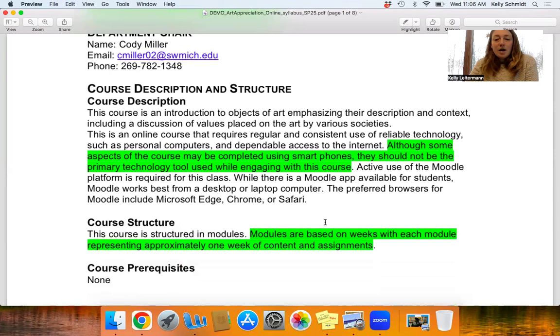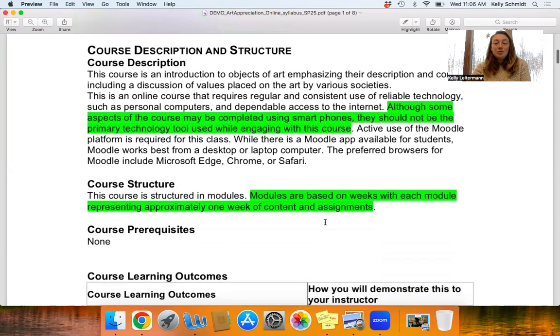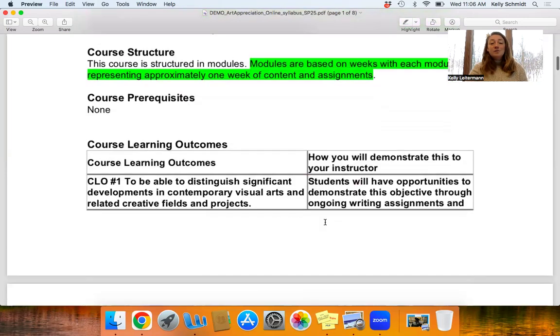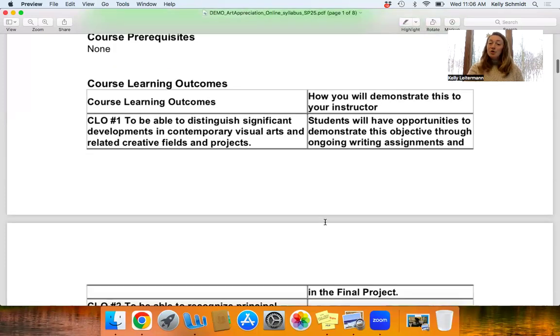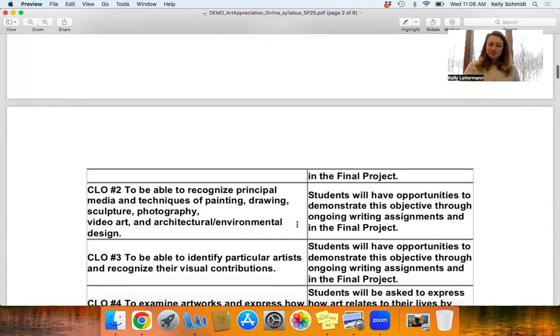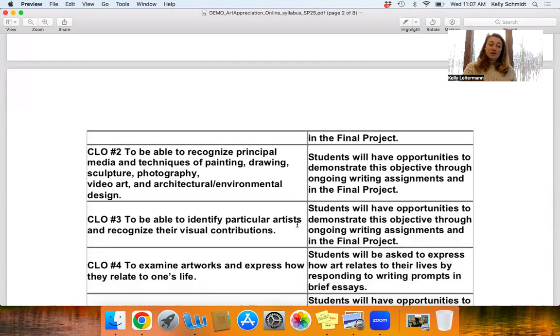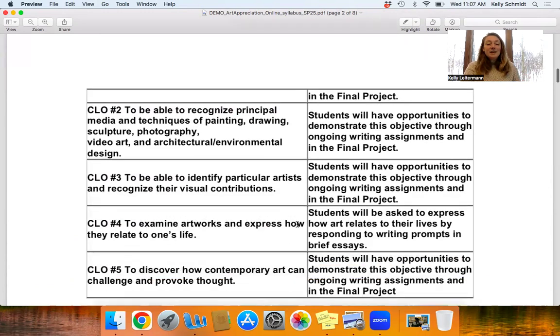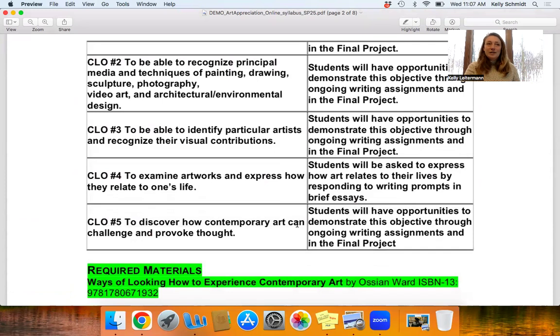All right. I just showed you the module, so every week will be pretty obvious in the rundown there. Our learning outcomes: we're going to talk about a lot of different art. We're going to talk about visual art, probably going to talk a little bit about performance art. You're going to be able to recognize different types of art, be it painting or drawing or sculpture or installation art. By the end of the course, there will be certain artists that you'll be able to recognize right off the bat. And we're going to talk about how artwork interacts with community, how it can connect people, how people use it to express